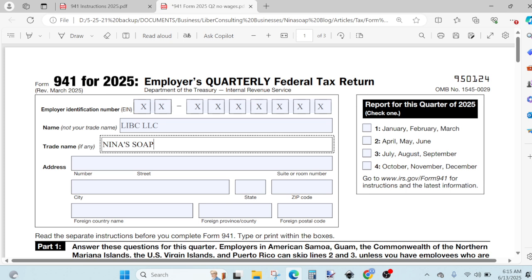And just make sure you do not put the trade name for the name section. They call it the legal name for your business. It's the name you put on the EIN application form. So it will be on the SS-4 you will get from the IRS when they are answering you back regarding your EIN application. And then you'll put your business address,